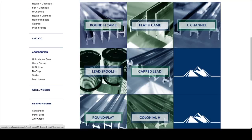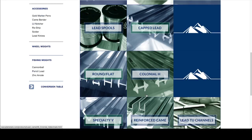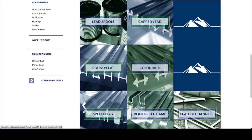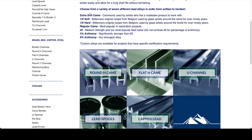They have the capped lead, which is basically a crown of brass or copper on top of lead. The old style colonial H lead, the round flat standard leads, specialty leads, reinforced came, which you have to cut with a little mini chop saw, and then they have